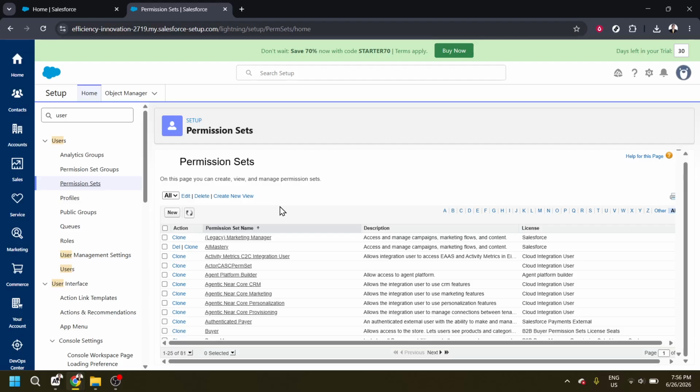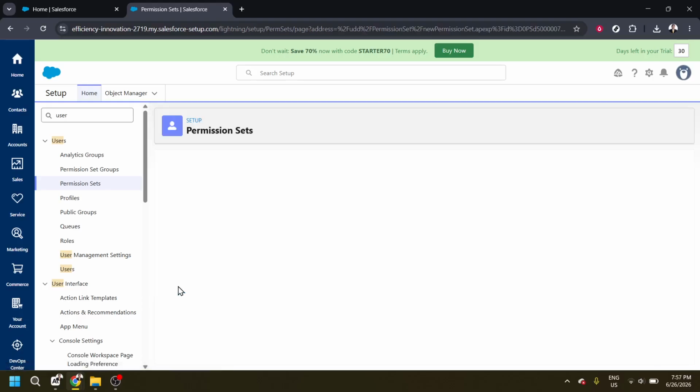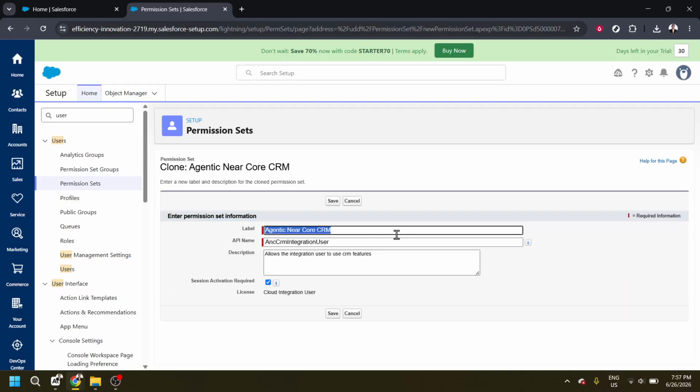All right, we're in the Permission Sets page now. Look for the New button near the top and click it. This opens the creation form. First, type in a label. This is the human readable name you'll see in lists. Make it clear and descriptive, something like Custom Report Export or Dashboard Edit Access, whatever makes sense for the permission